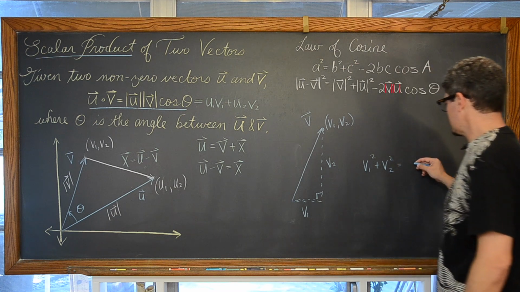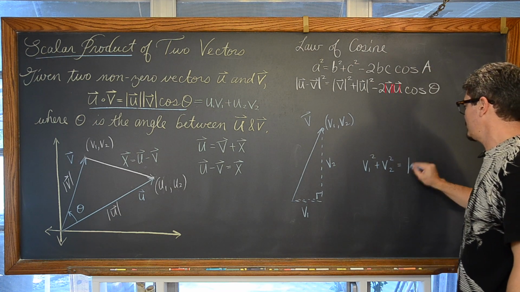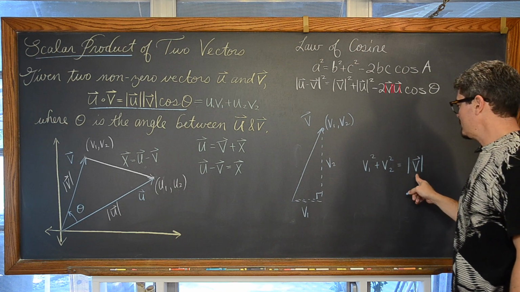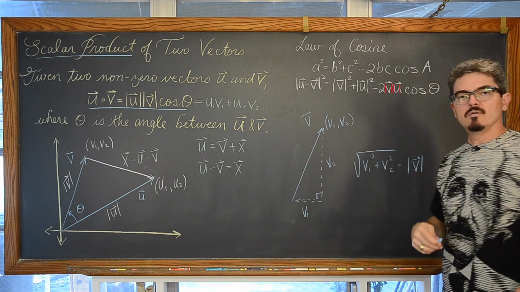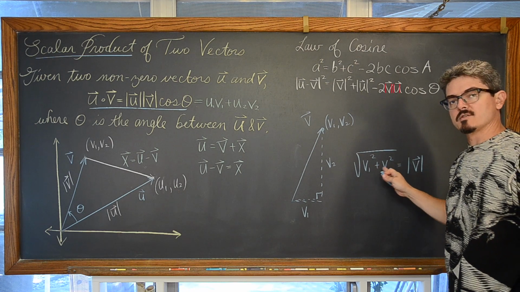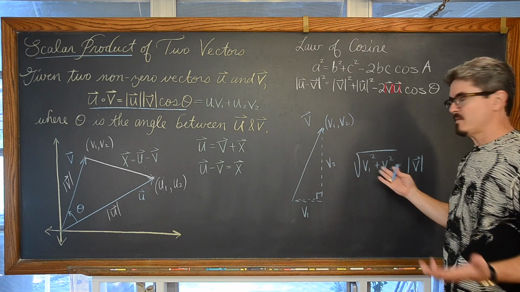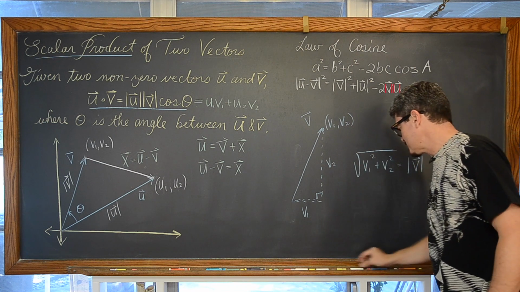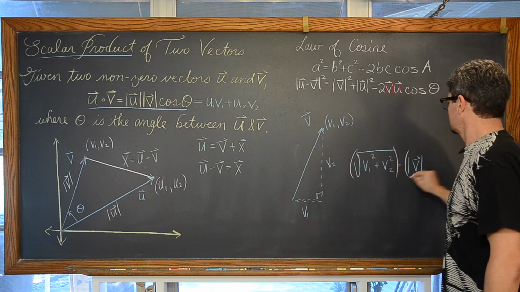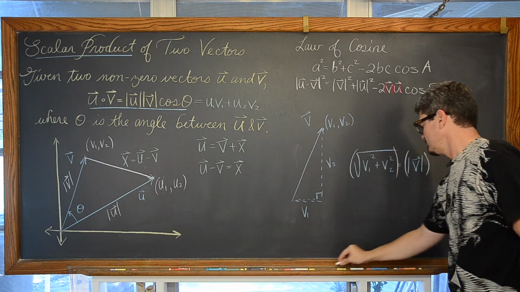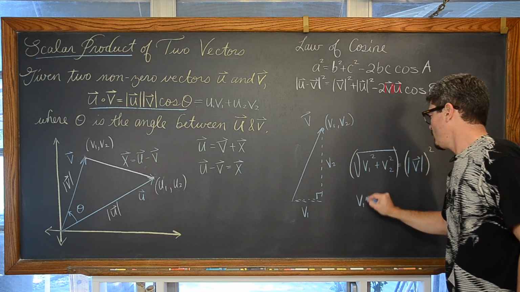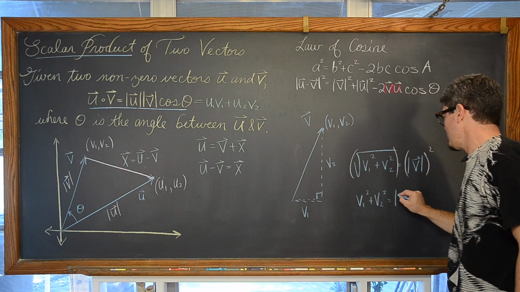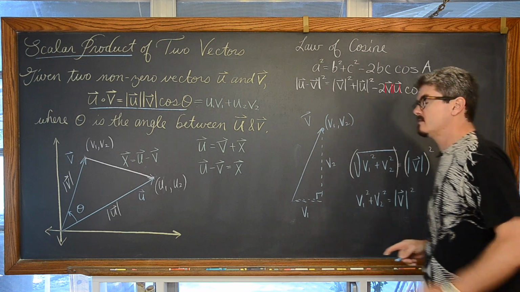So actually what I want to do here is say this. Let's fall back to the definition of magnitude. The definition of a magnitude of a vector is the square root of the horizontal component squared plus the vertical component squared. Well, that's just, of course, the Pythagorean theorem, except we've taken the square root of both sides. So if I now square both sides of this equation, we get that v sub 1 squared plus v sub 2 squared is equal to the magnitude of vector v squared.